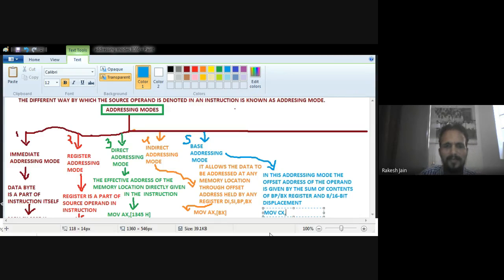I want to move the data at the offset address that is some displacement in the BX or BP register.